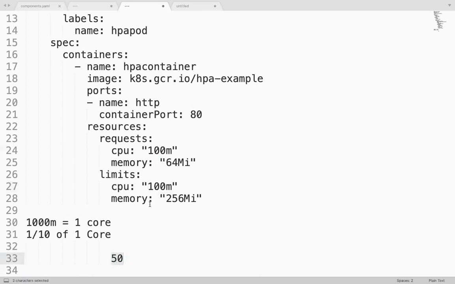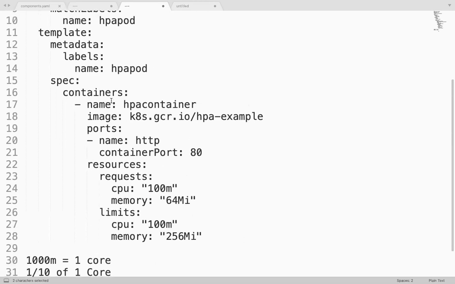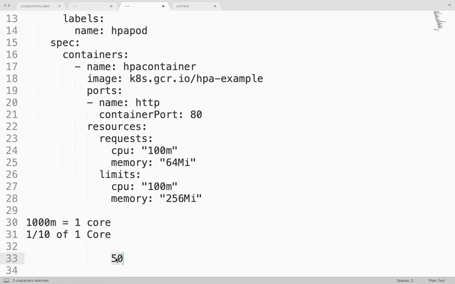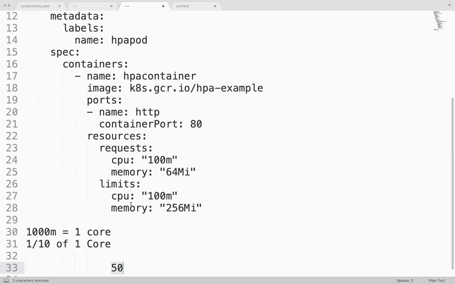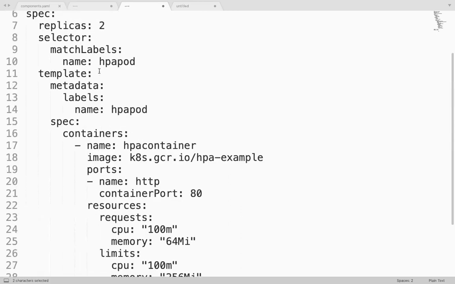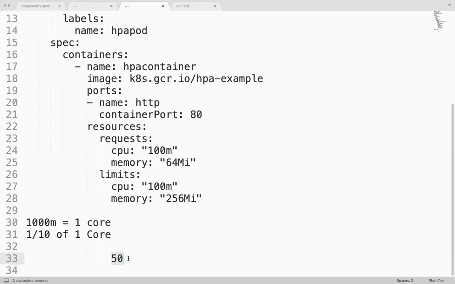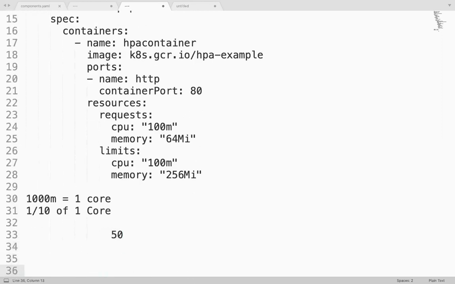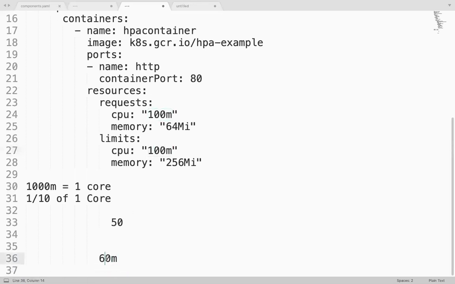So the target utilization is 50%. Just to give an example, I have given 50%. So on average, if I have 2 replicas, and 1 replica is using, let's assume, 60 millicore current utilization, maximum I have given 100. Let's assume one pod is using 60 millicore.